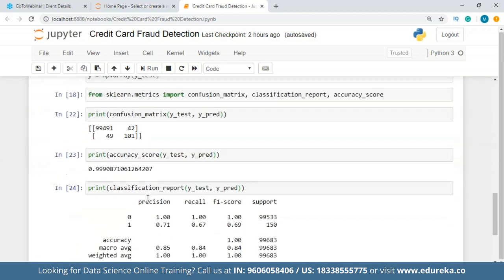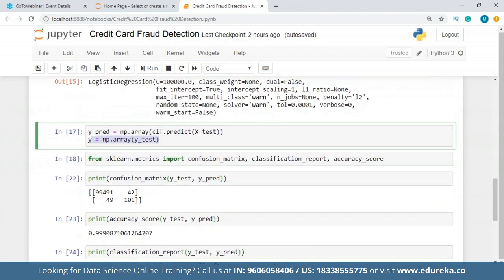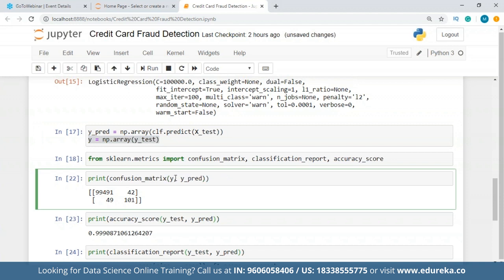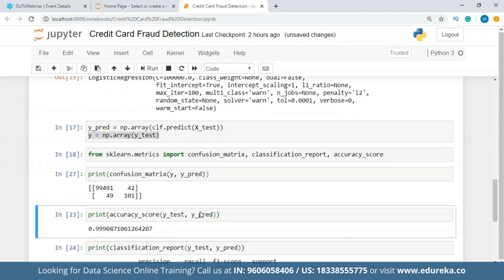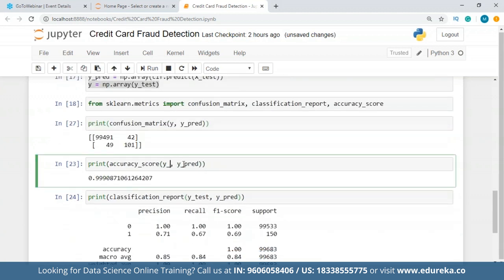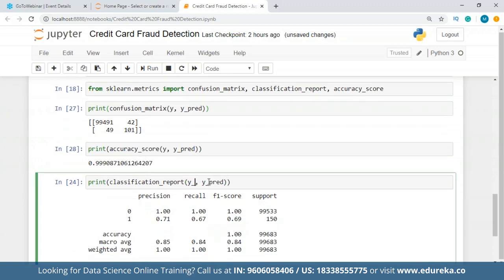Or to get a clearer picture guys, we can do one more thing. So we had made this NP array of y test. Instead of y test, we're going to use y, and let's see what the output is. It's almost the same guys. And if we check for this as well, the accuracy score is actually better. And if we change it for this,